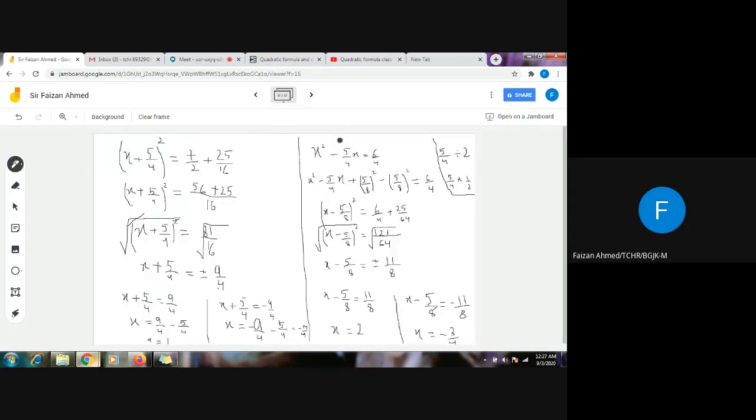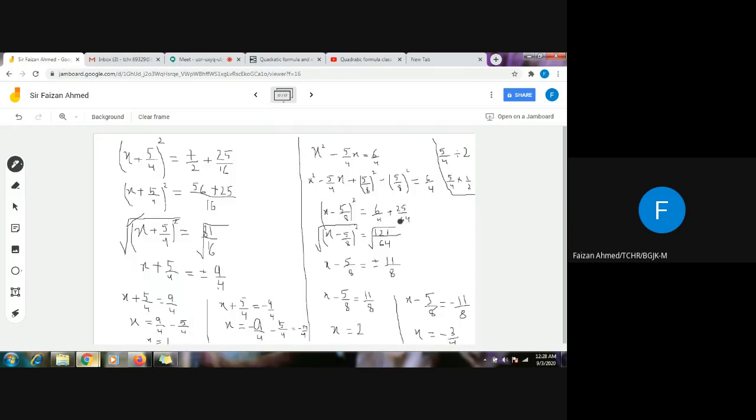Just take the sign, take the coefficient of x divided by 2. It will become 5/8. Adding and subtracting the square of 5/8, this will form an identity automatically. The sign of the middle term is negative. So it will be (x - 5/8)² equals to 6/4. This will stay on that side. This negative will go on the other side, and it will become square of 5 is 25 and square of 8 is 64.